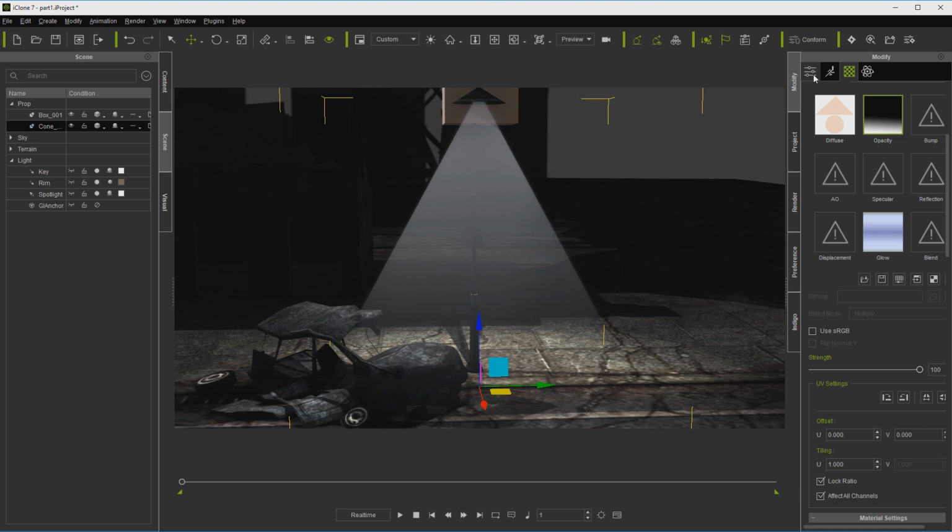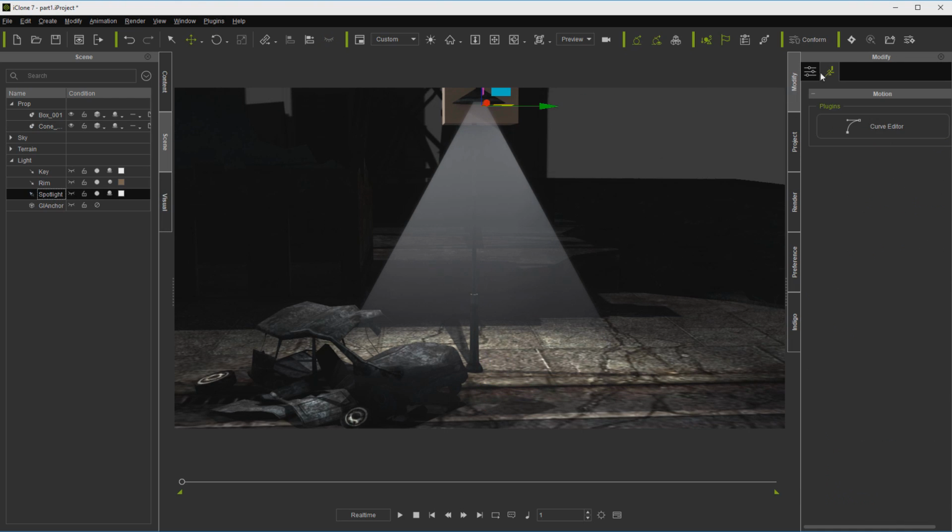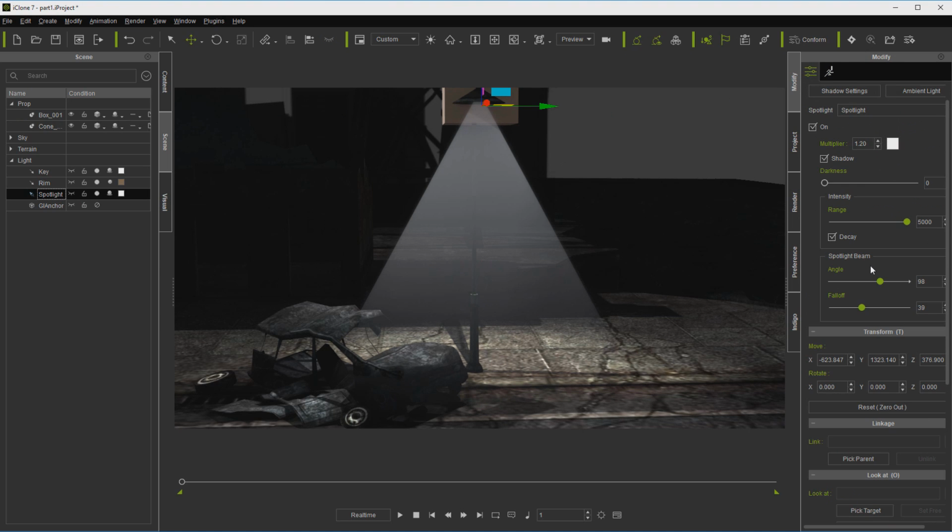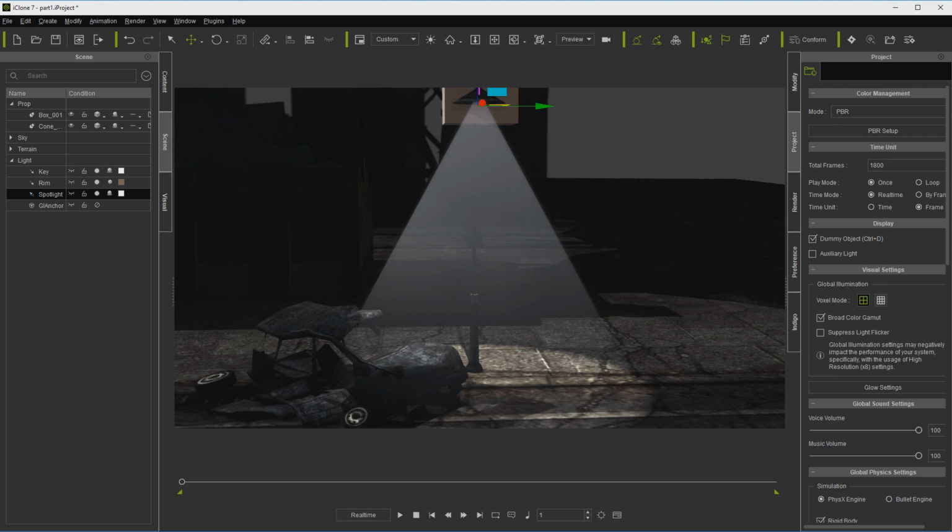Now what we can do also to make it look a little better is come in and actually work on our light again, and set our angle and fall off to kind of match our cone. And I don't think we're exactly lined up here. Let me center that just a little, that way our angle will meet our cone better. And you can just play with variations of this.